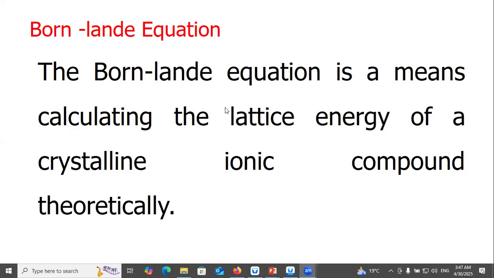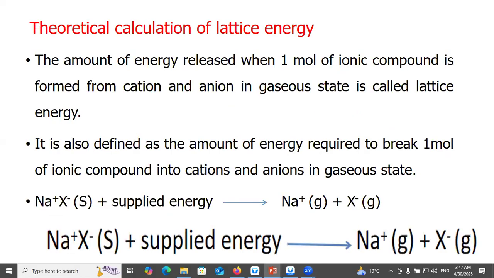First of all, theoretical calculation of lattice energy. The amount of energy released when 1 mole of the ionic compound is formed from cation and anion in gaseous state is called lattice energy. It is also defined as the amount of energy required to break 1 mole of ionic compounds into cations and anions in gaseous state. For example,